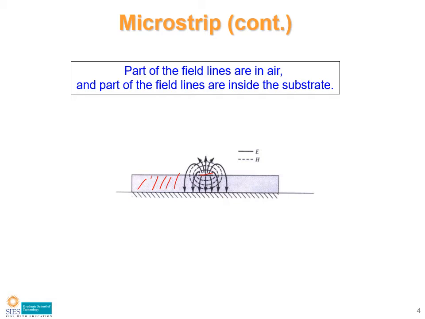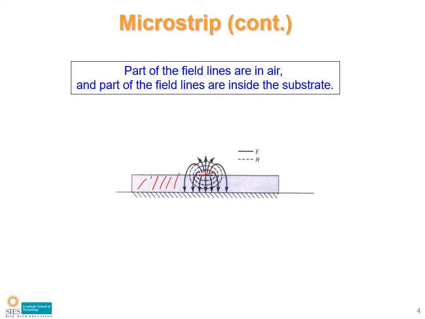So when we are exciting this microstrip line with electric field and magnetic field, the electric and magnetic field radiated from this transmission line having the width W will be indicated like this. See, the dark lines indicate the electric field and the dotted lines indicate the magnetic field. If you see the radiation of the fields from this microstrip line, you can see some of the electric field lines are going down into the dielectric substrate, and some of the lines are moving into the air.